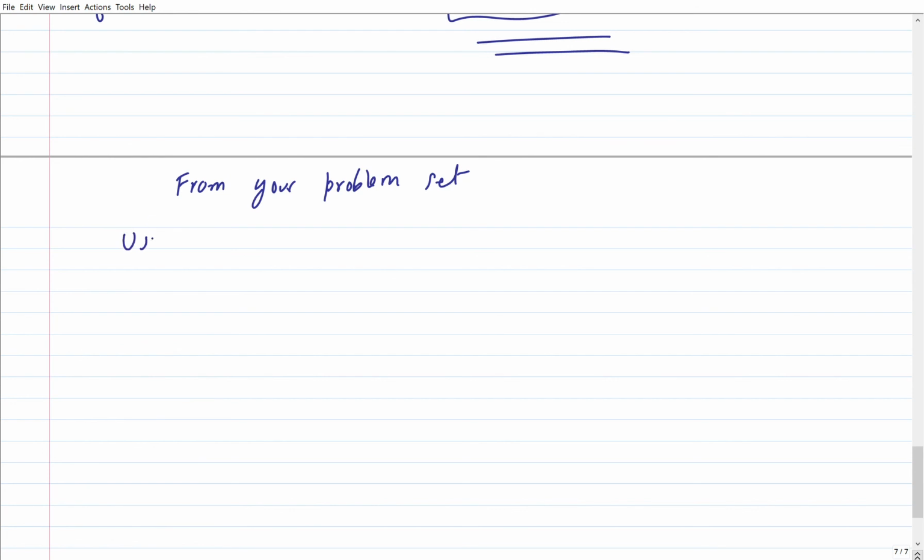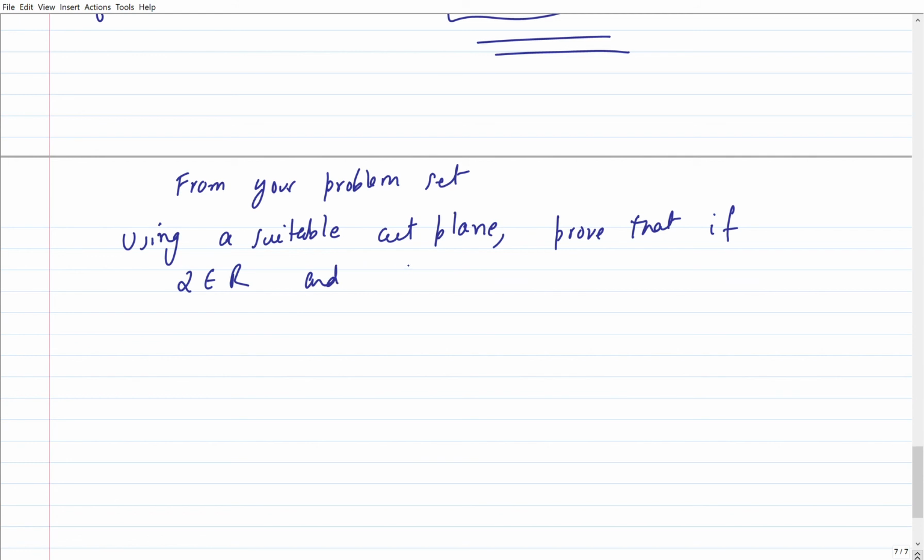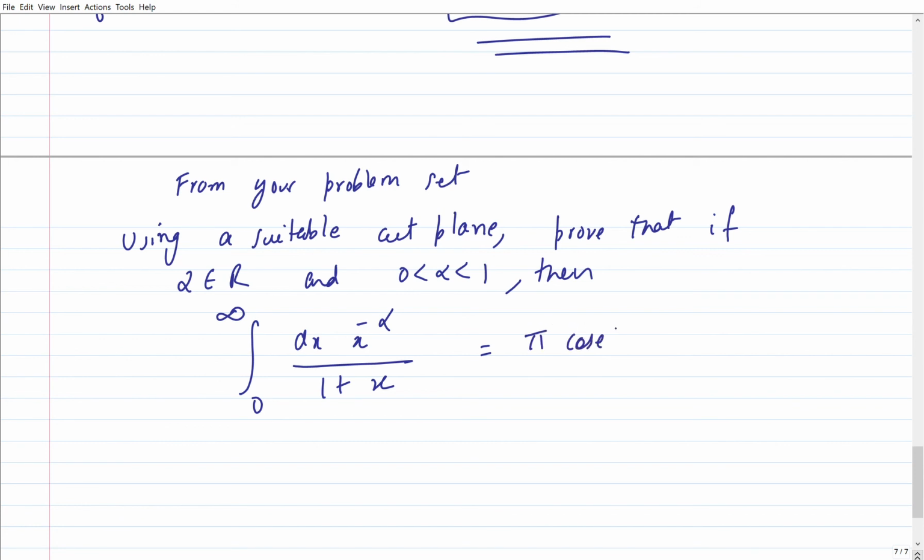So the question was, using a suitable cut plane, prove that if alpha is an element of R and then, so that was required to be shown,